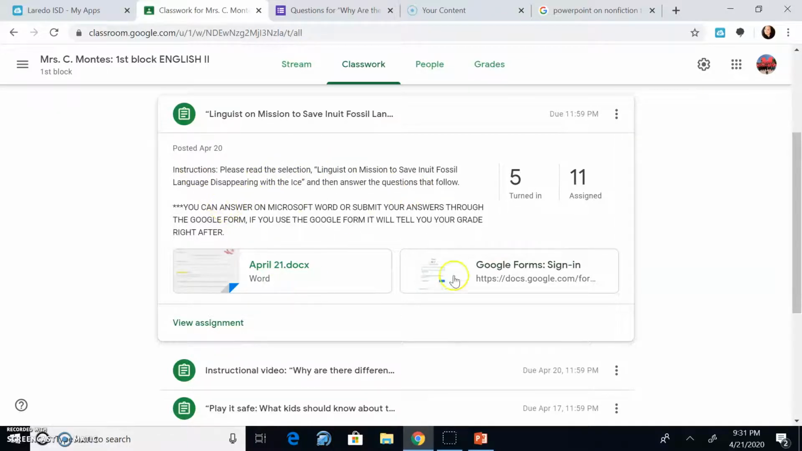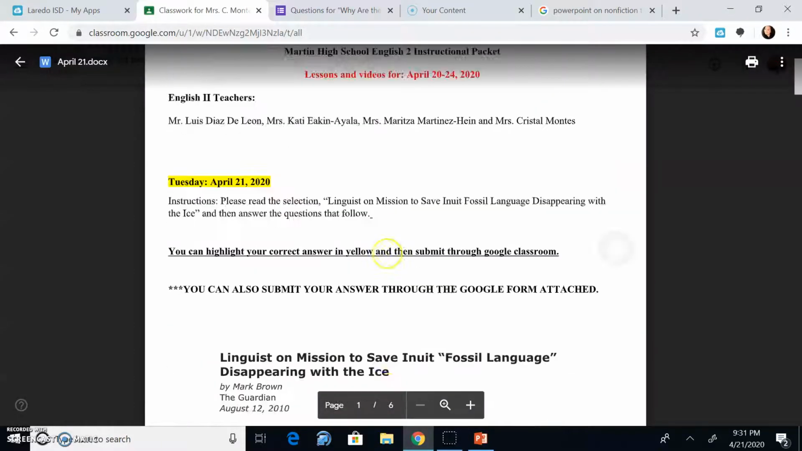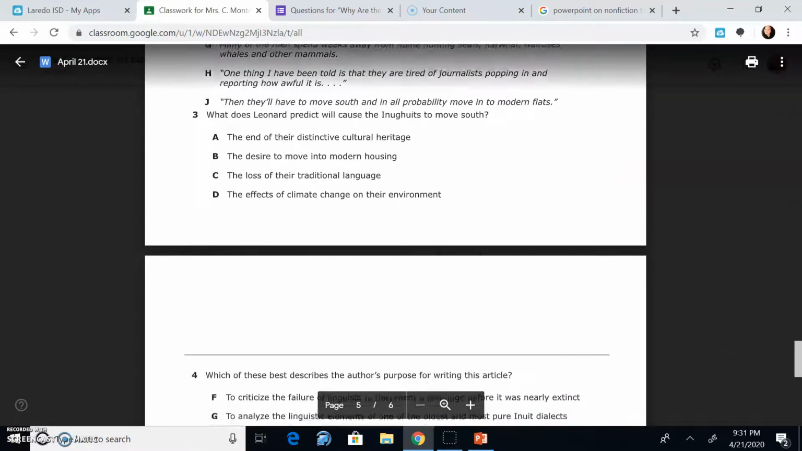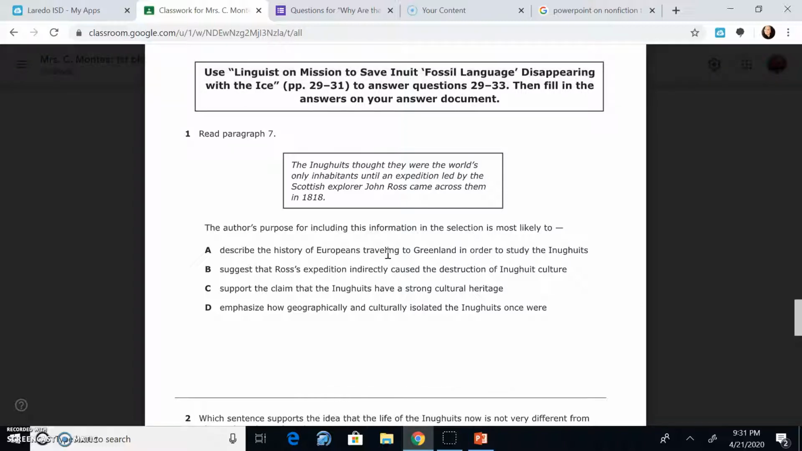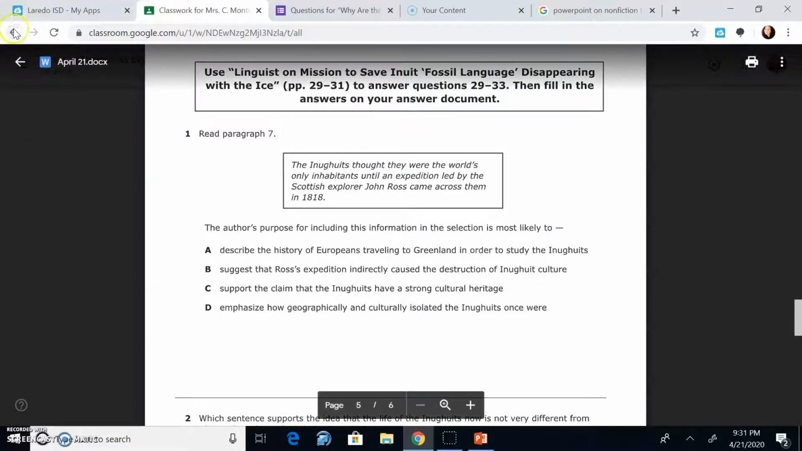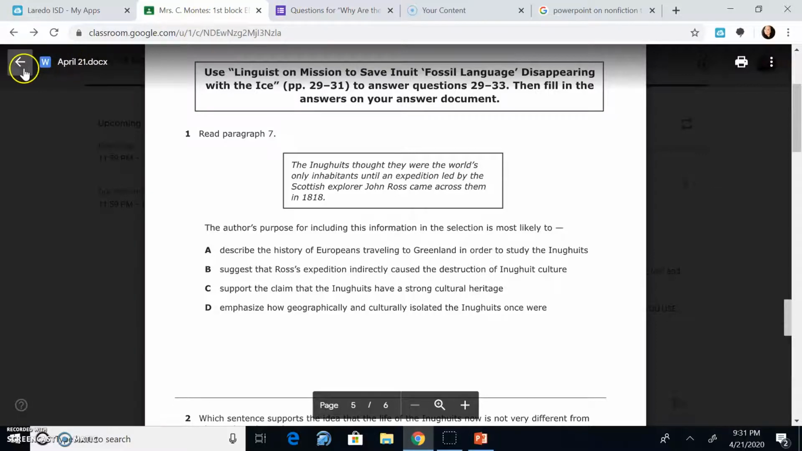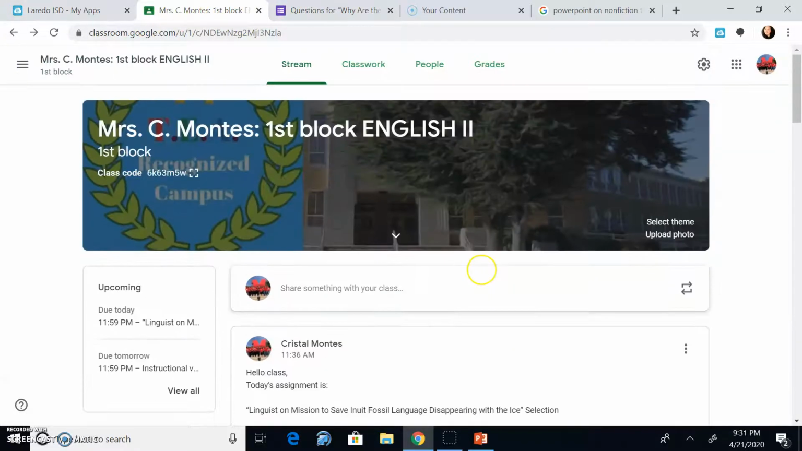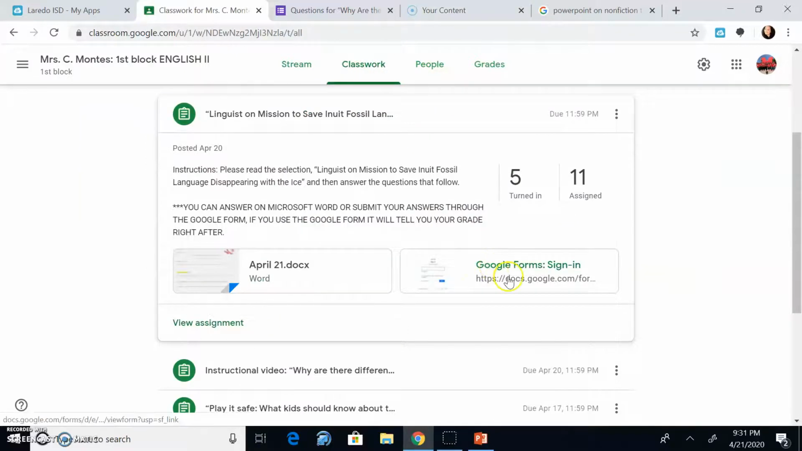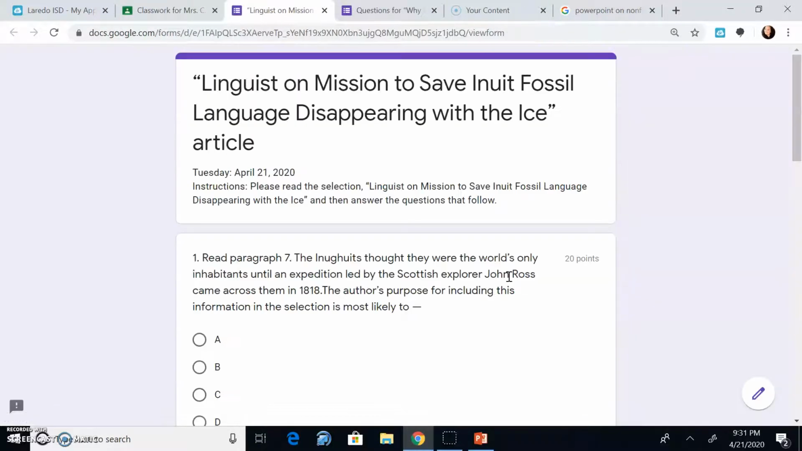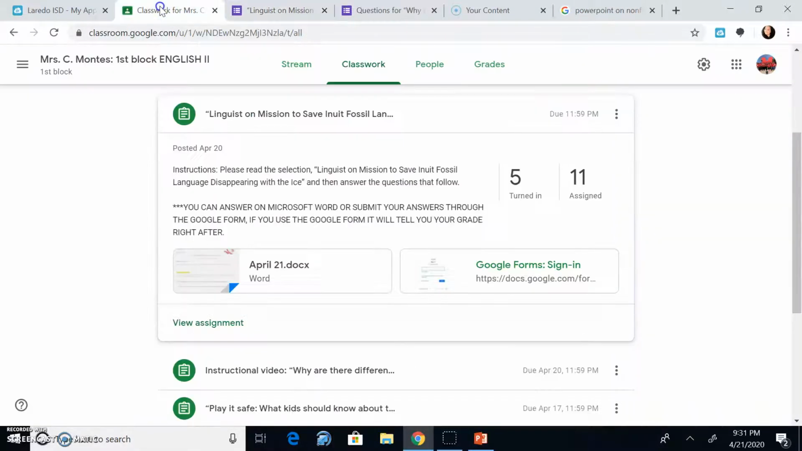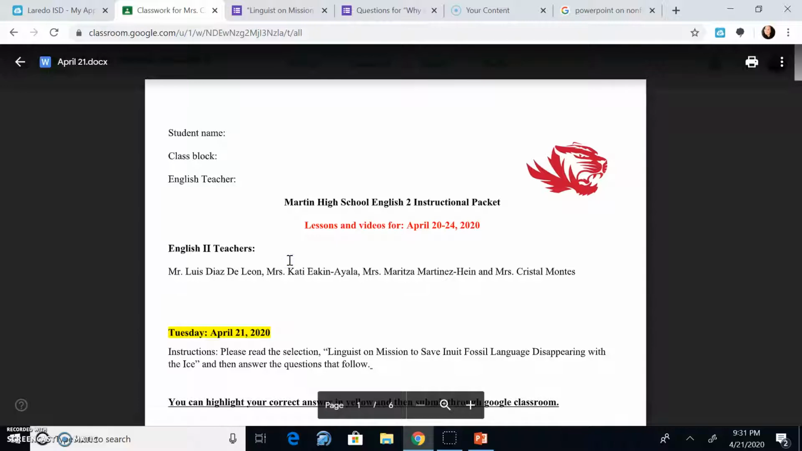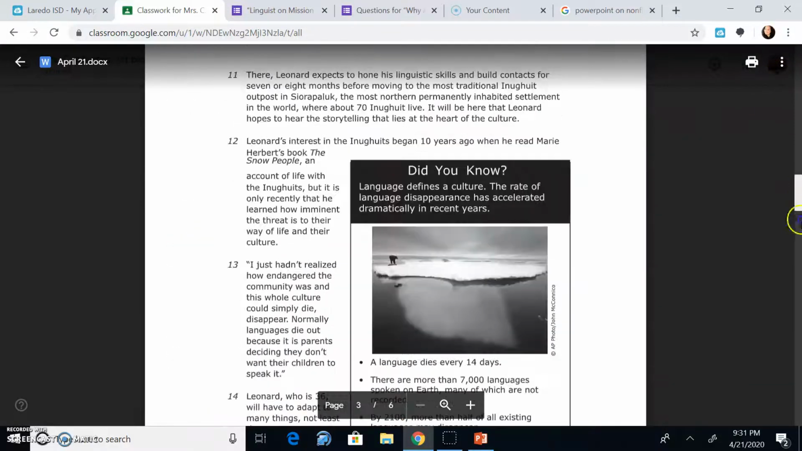For here, I would recommend that you read the article here, and on a little sheet of paper, you can write your answers, because over here on Google Form, I only put the question and then the answer choice A, B, C, or D. So I would recommend for you to go ahead and actually read it here through the Microsoft document. So right here, for example,